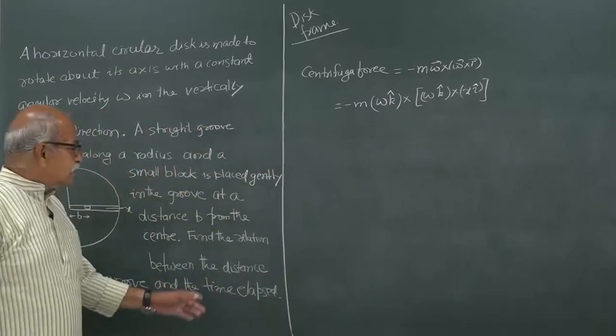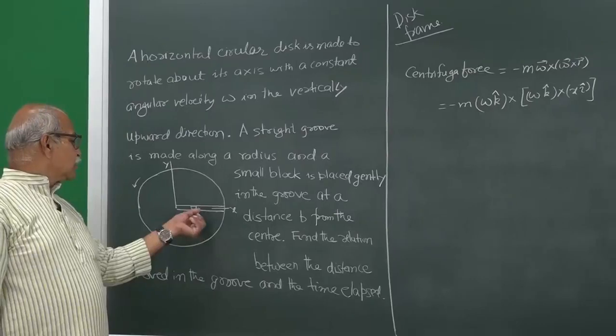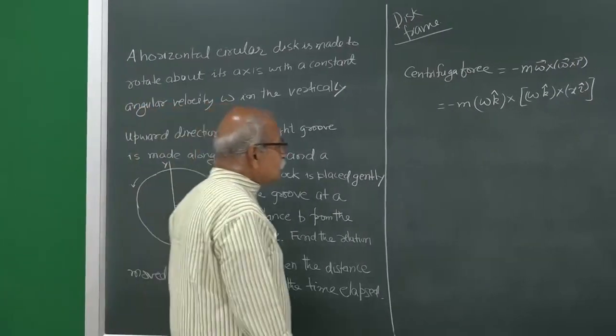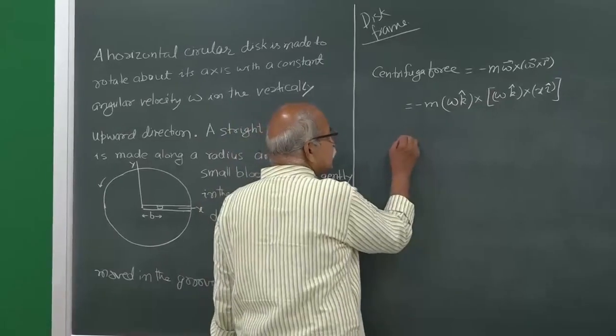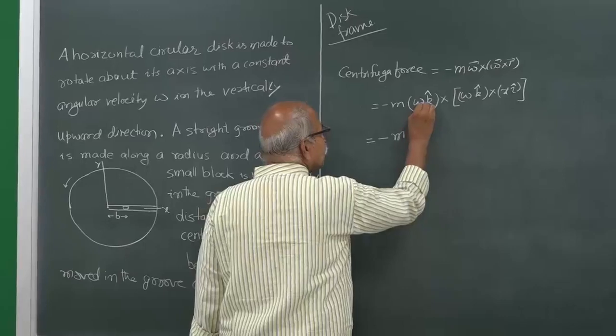At a time t, it has already covered a distance x, and so the r vector is x i cap,